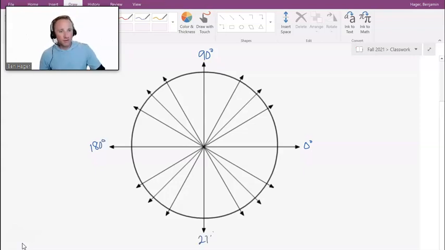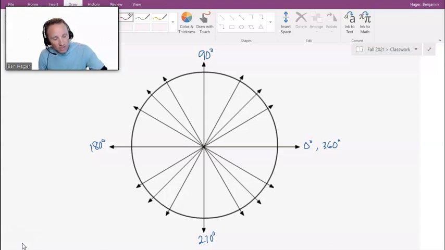If you go all the way around the circle, this 0 becomes 360 degrees. Right, one full lap around the circle is 360 degrees. Okay, so if you notice, we've got a bunch of angles already drawn on this circle, and often I'll refer to these as slices. I like to think of this as pizza slices almost.